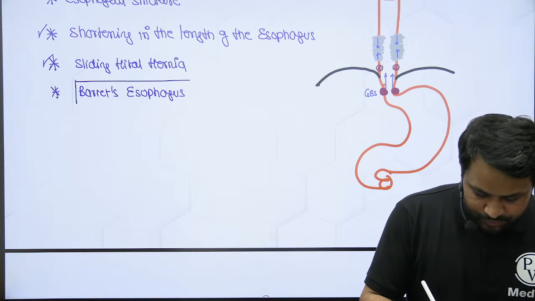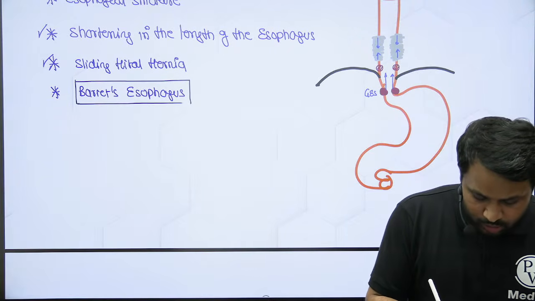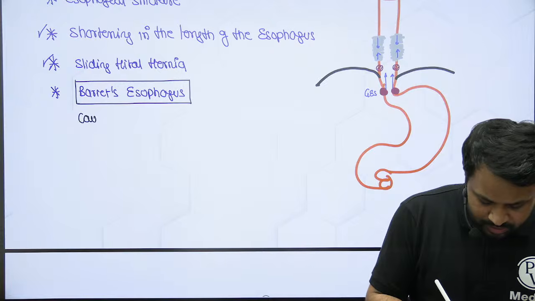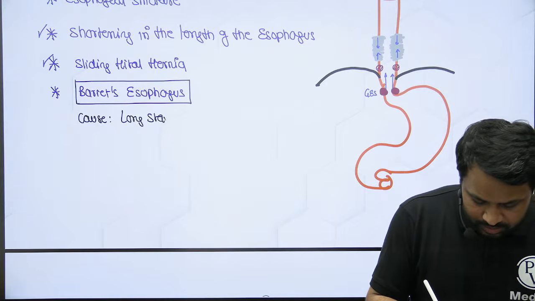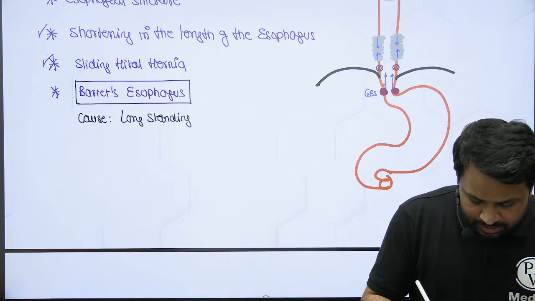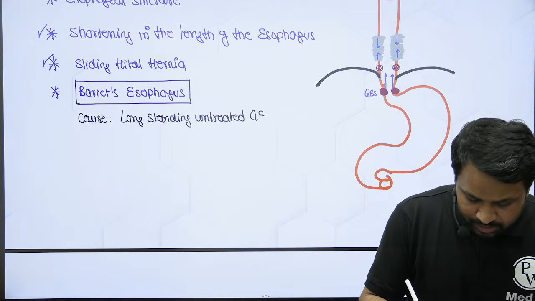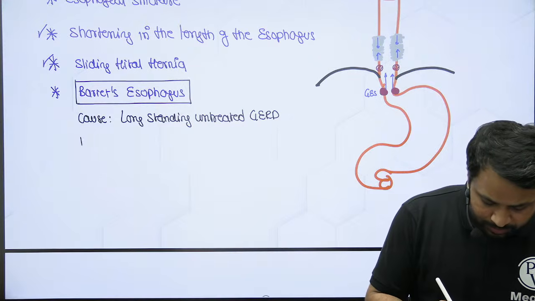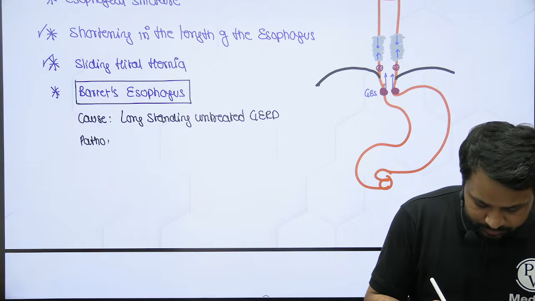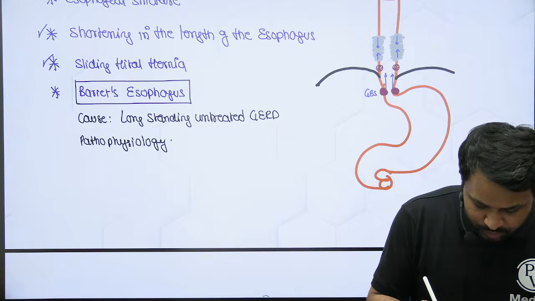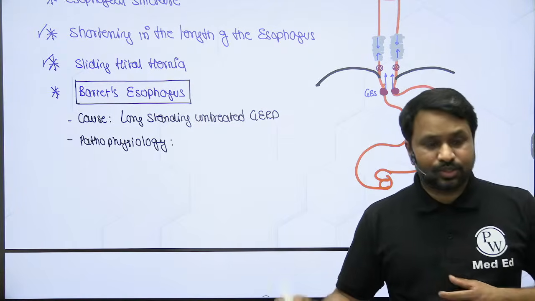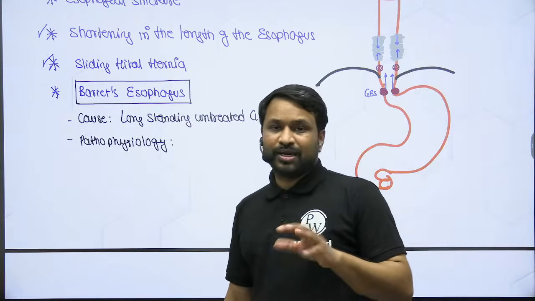Right. So first, what is the cause for Barrett's esophagus? It occurs due to long standing untreated GERD. The long standing untreated GERD. What is the pathophysiology behind it? The pathophysiology behind Barrett's esophagus is,